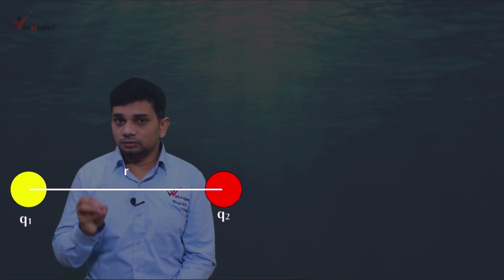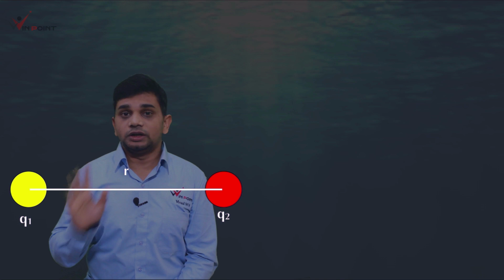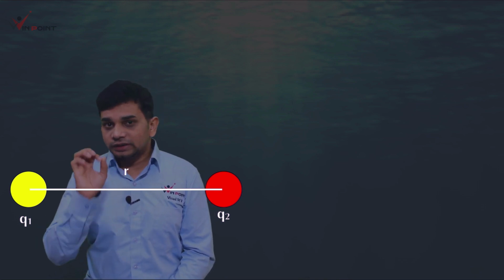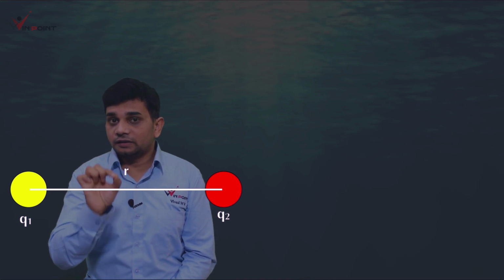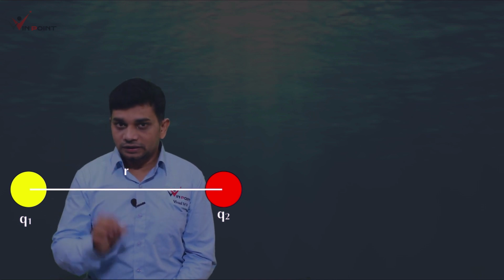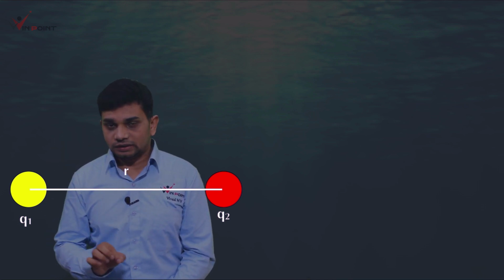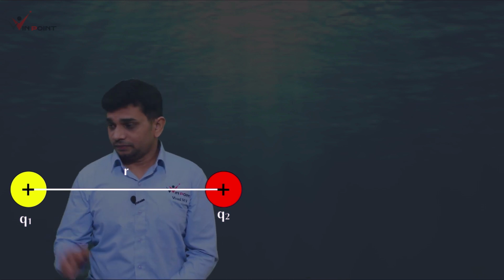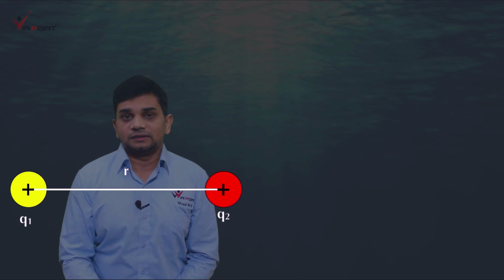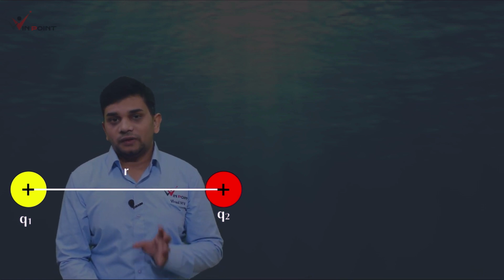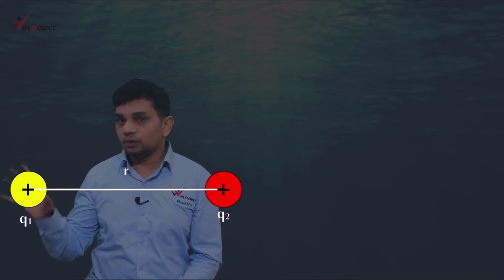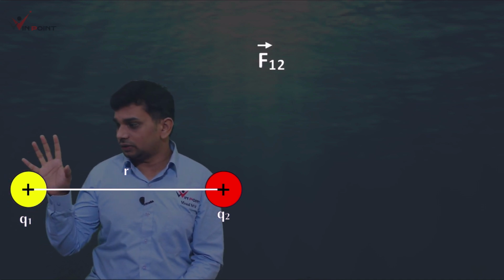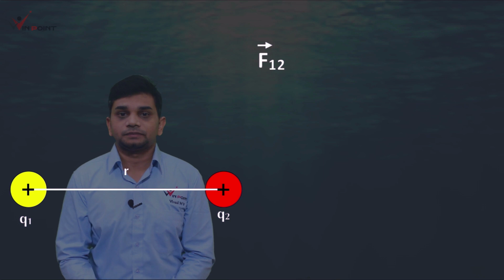First we are writing Coulomb's law in vector form using unit vectors. When we are selecting unit vectors, we need to select the unit vector in the direction of force. That is the thing you need to learn here. Let us say these two charges are positive charges. First we are finding the force on the charge q1. What is that? F12, right? F12, the force on charge q1 because of q2.